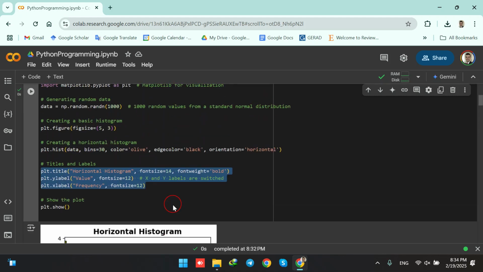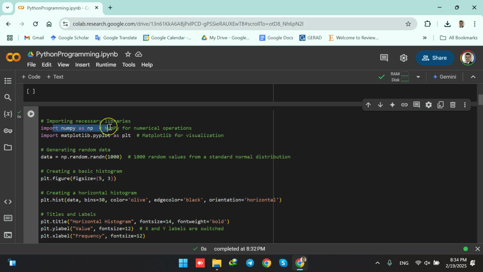In each example that we are giving you here, we are adding one new point to be learned for you. So here we are having the orientation, for example. It's one simple point to be learned. But whenever we want to teach you one single point to learn, it's very good to start again from the